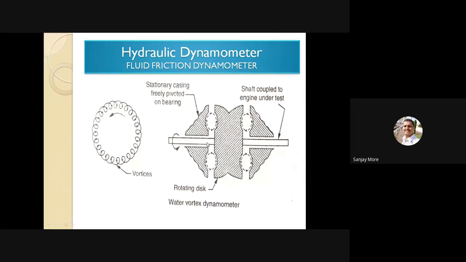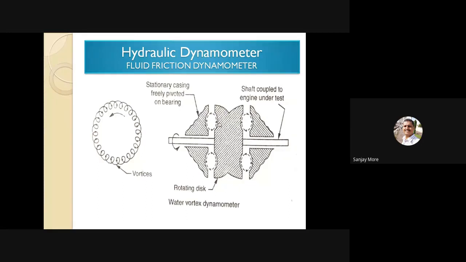This shaft is connected to the rotating disc, and on the other side of this rotating disc is connected another shaft, and this shaft is connected to the engine to measure the output, meaning torque. Here the prime mover means the input supply or initial stage. Here the input will be given, meaning current will be passed with the help of this shaft, and this shaft is connected to the rotating disc.